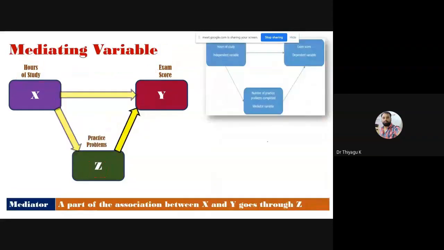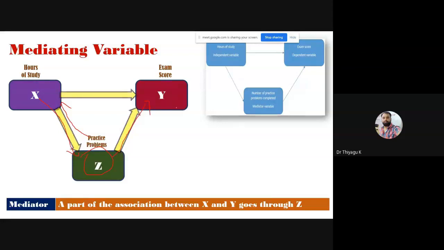See the next example. This is called mediating. Here I'm using Z, the third variable. In this case, part of the association between X and Y goes through Z. So here Z does not directly affect Y. But in the previous case, Z was affecting both X and Y. Here, X affects Z, and through Z there is also an effect on Y. I hope you are seeing the chart, with the arrow mark. This is called a mediating effect. Here Z is a mediator of X to Y.